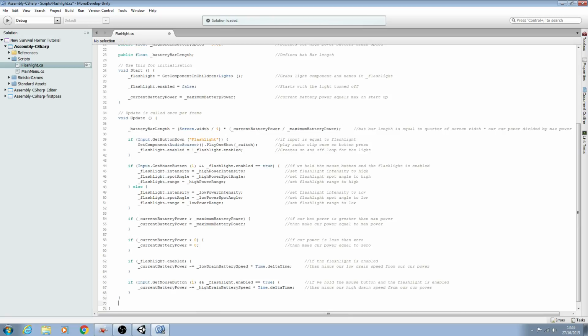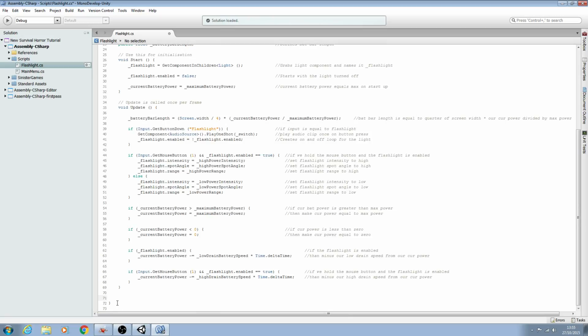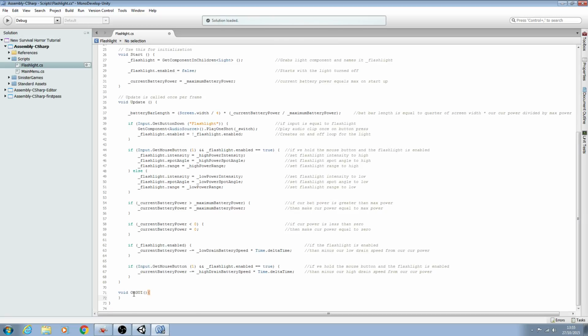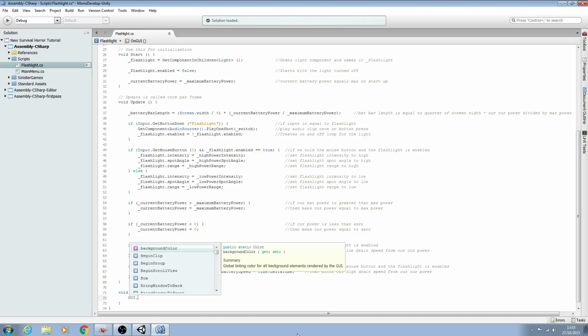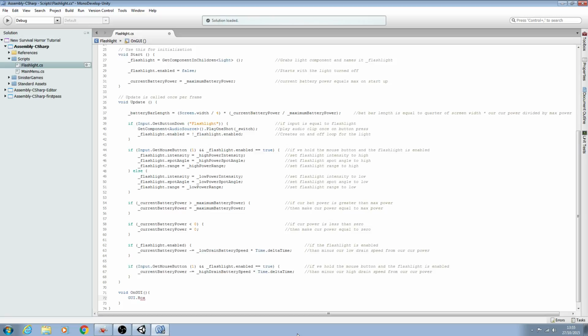And now we need to create the onGUI function. So I'm going to come here, actually below the void update, and we'll create a void onGUI, open close brackets, will open and close. And pay attention as to what capitals I'm using. Capital O, lowercase n, capital GUI, and this time we'll just say GUI very simply dot box,